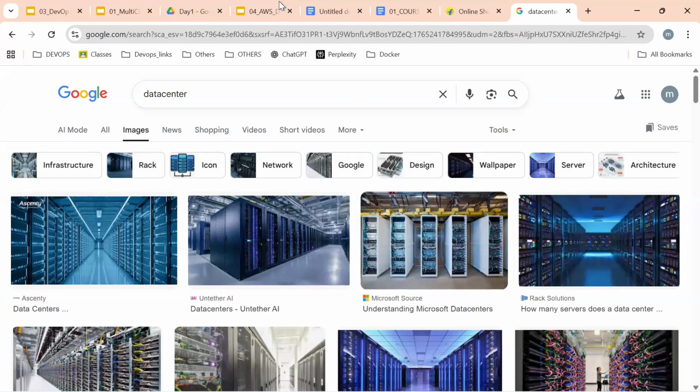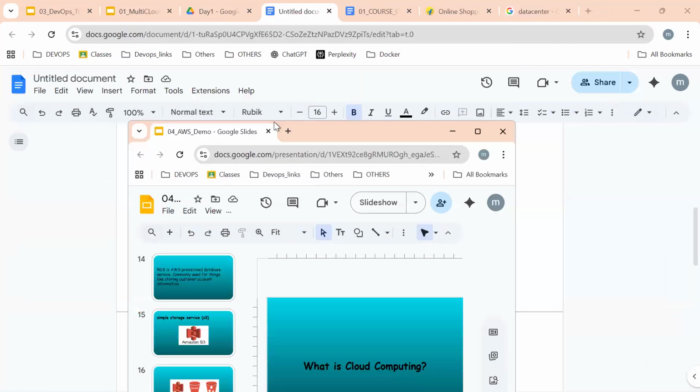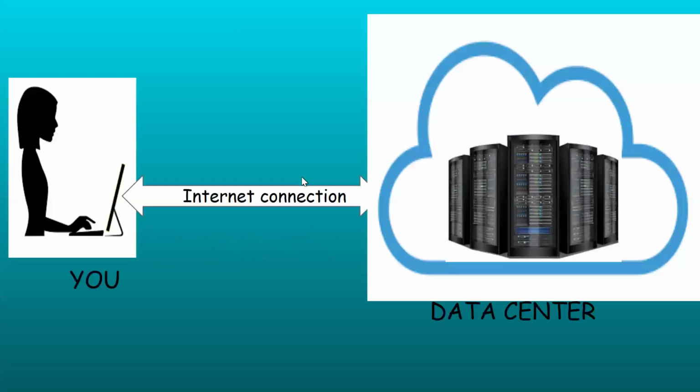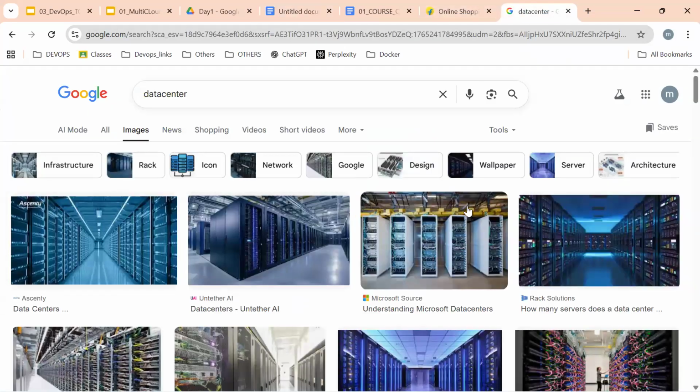Cloud computing. So let us dive deeper into what is cloud computing. First, what is a data center, as we discussed? The huge computing power kept rack-wise is called a data center.